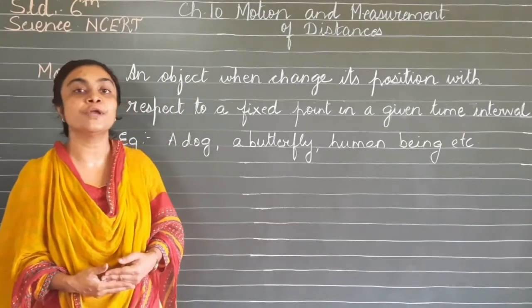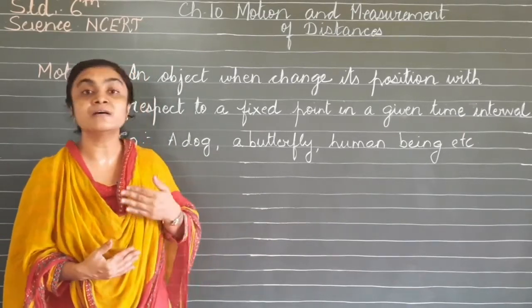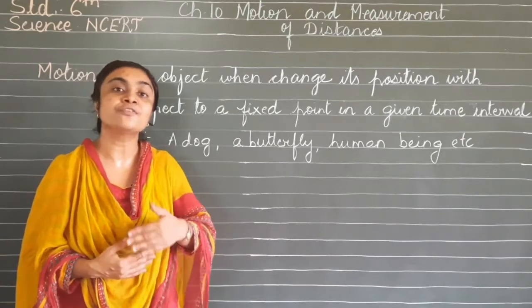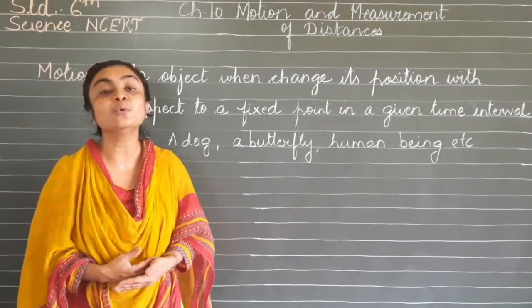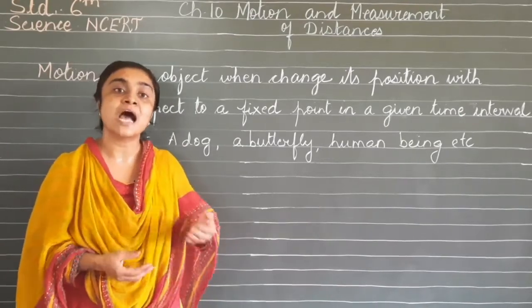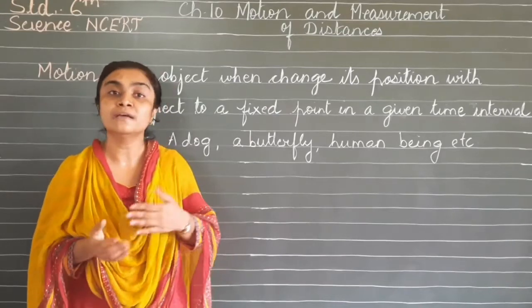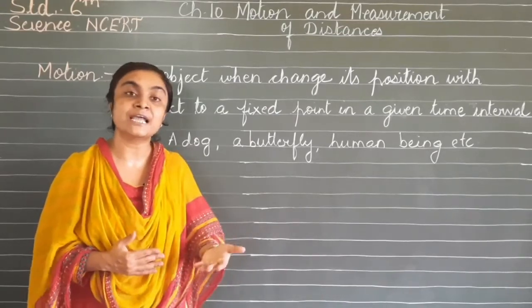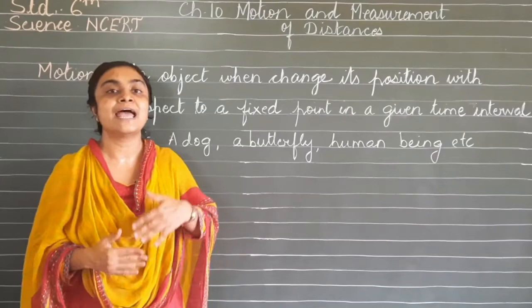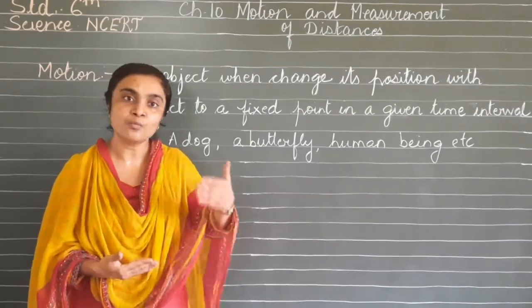In this chapter we are going to learn about motion and different types of motion. Then we will learn the story of transport, how transport came into existence. Then we will see measurement of distances, how we can measure a particular object with a particular device. In ancient times what they were using for measurement and afterwards what they used for measurements. We will see one by one.